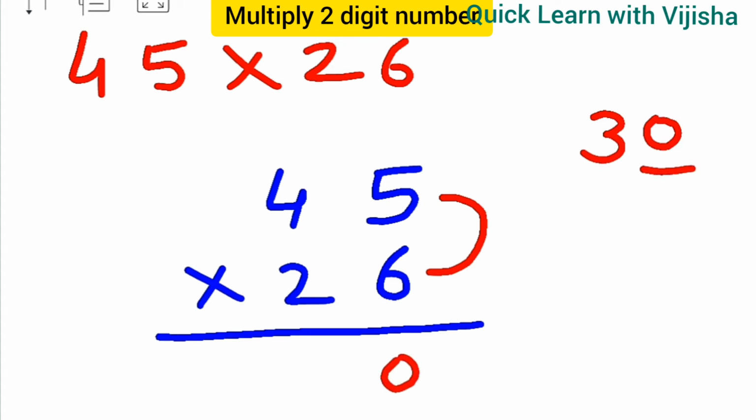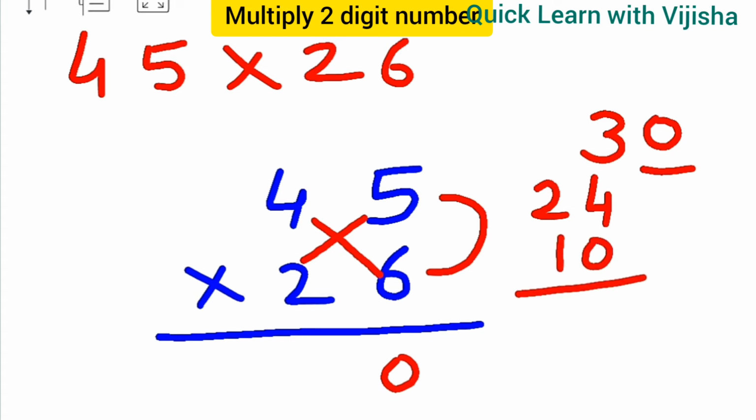Understanding children? Now we need to multiply 6 4s will become 24. So I am writing below 3, 24 and 2 5s, that means 10. Understanding children, what I have done? 6 4s are 24 and 2 5s are 10, I have written. Now all these numbers we have to add. 0 we have already written, so we need not take this 0. We need to add all these numbers. So 3 plus 4 will give you the value as 7 and 2 plus 1 will give you the value as 3. Now in this also we need to take only a single digit, that means 7. So we have written 7 over here.